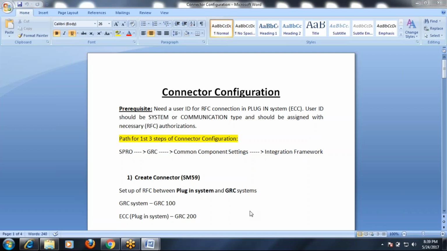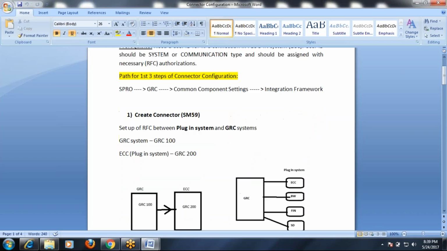Today we're going to discuss connector configuration. So what exactly is a connector configuration? First of all, what is the necessity of this thing? So